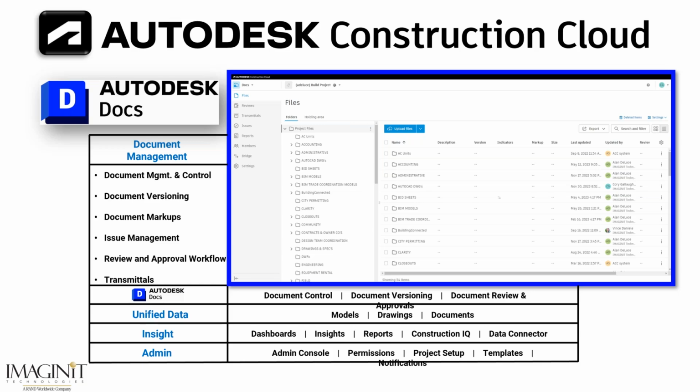So is this just a storage device? Is this just a cloud-based storage similar to what you may be used to? You might have it for your personal use, Google Drive or OneDrive, things like that. Totally understanding that just hearing the word cloud in our work life in the government space can be a sticky situation. But